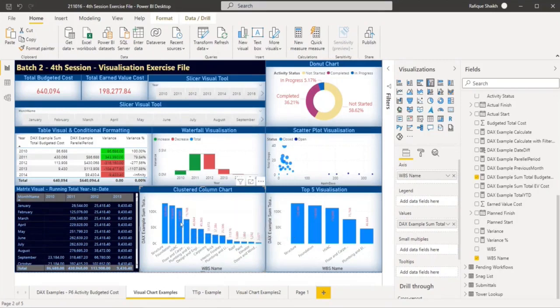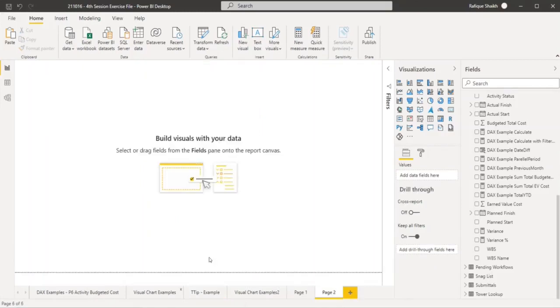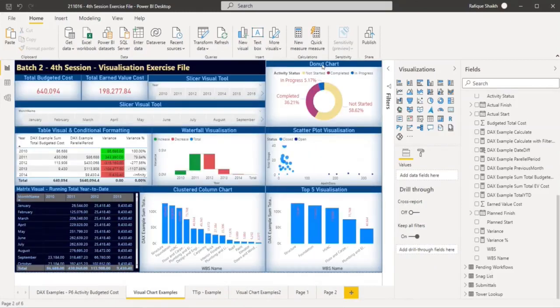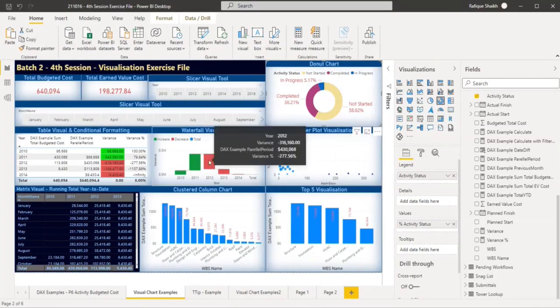So what you can do is just copy and paste and add a new page over here. Let me just copy the visualization, copy visual. Instead of this normal tooltip, you want to show a very customized tooltip like this with a pie chart.